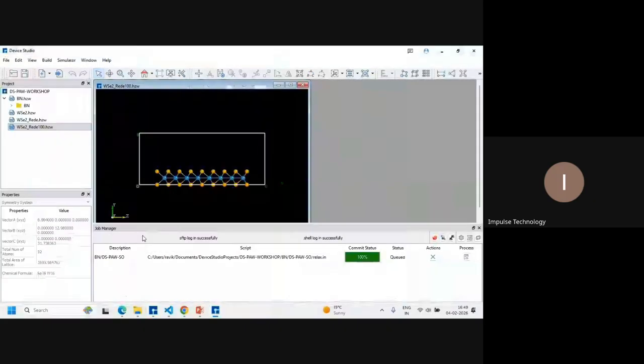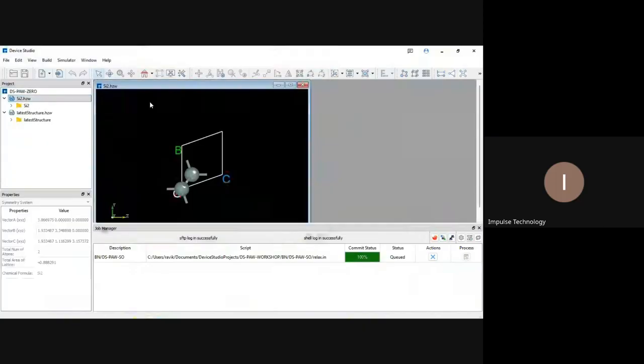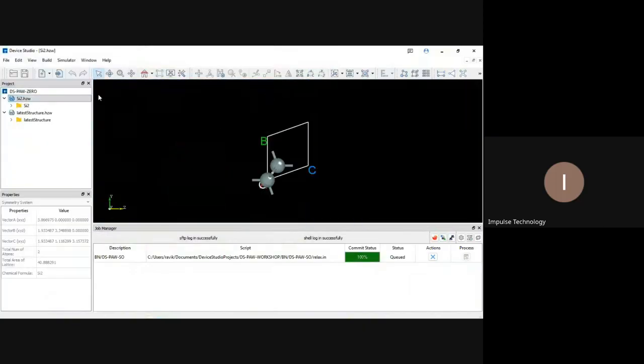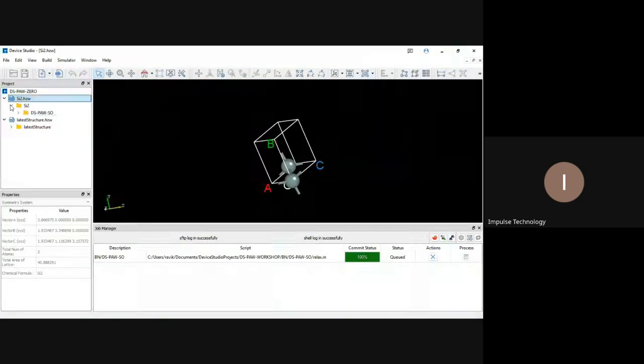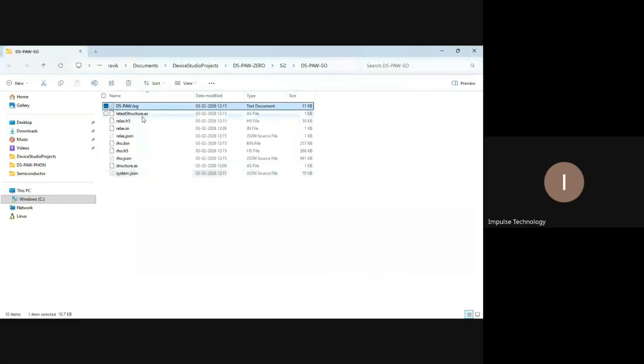I saw the previous example, which I created for the silicon material. Let's open DS-PAW 0. Here you can see I basically took the silicon structure, and after that I relaxed the structure. It will generate the latest structure.as file. Take this structure,